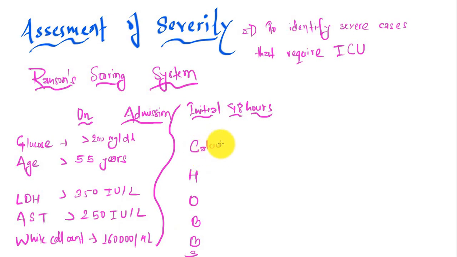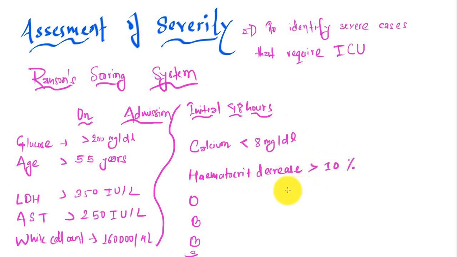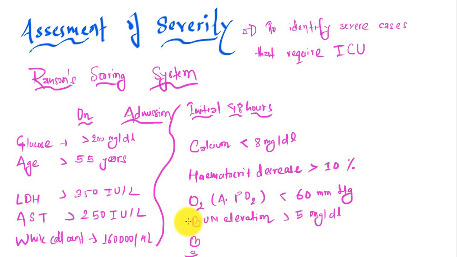And C for calcium: serum calcium less than 8 mg per deciliter, indicating hypocalcemia. Hematocrit decrease more than 10%, which denotes hemorrhagic pancreatitis. O2, that is arterial PO2 less than 60 mmHg, which denotes lung affection. BUN elevation of more than 5, which denotes renal function affection. And base deficit more than 4 milliequivalent per liter. And S stands for sequestration of fluid